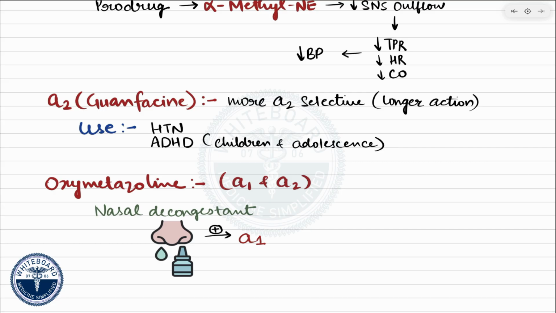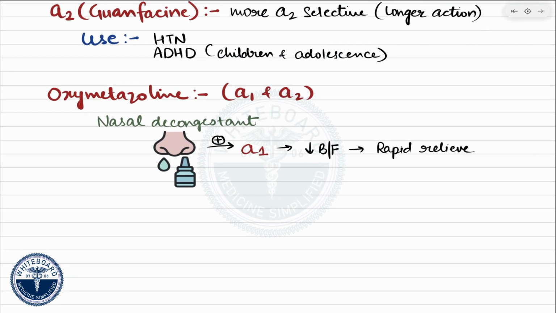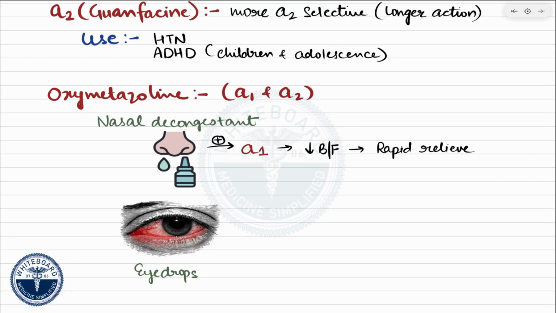This produces vasoconstriction, reducing blood flow to the swollen tissue. Consequently, the patient experiences rapid relief from nasal congestion. Oxymetazoline is also available as ophthalmic eye drops. In the conjunctiva, it produces vasoconstriction of the superficial blood vessels, reducing redness associated with minor eye irritation, allergies, or contact lens use. Now you might ask, if oxymetazoline also stimulates alpha-2 receptors, why doesn't it lower blood pressure like